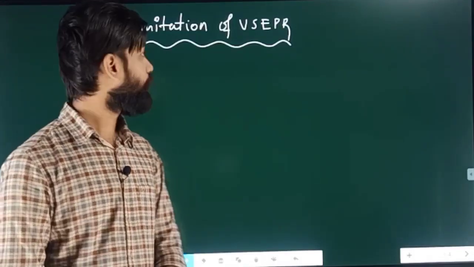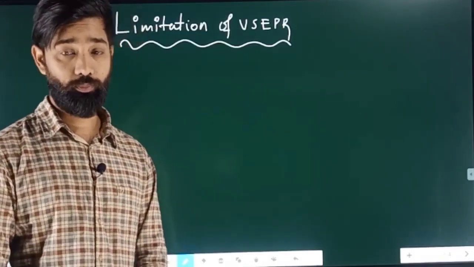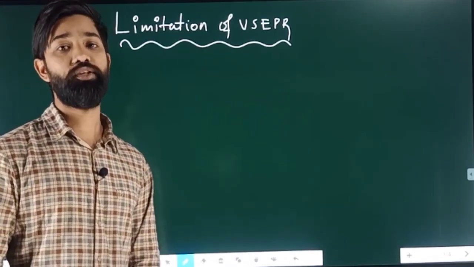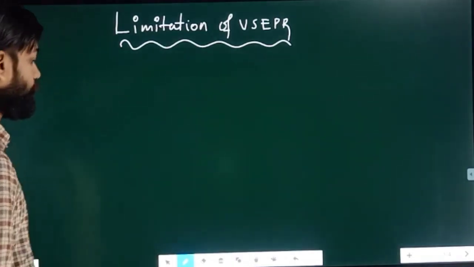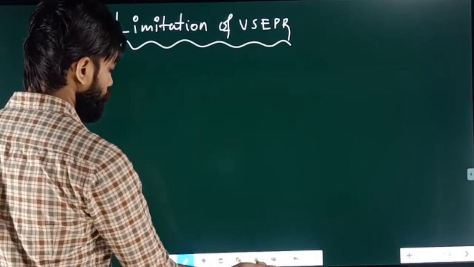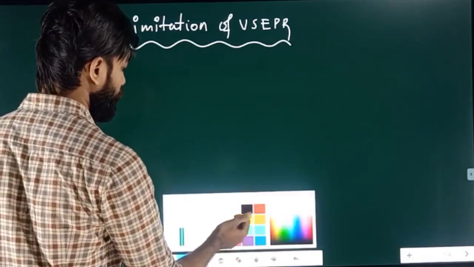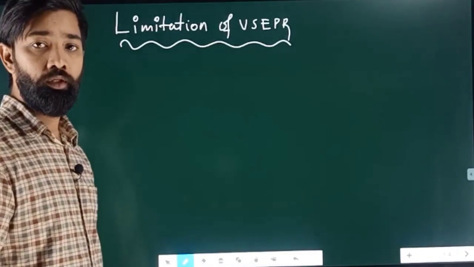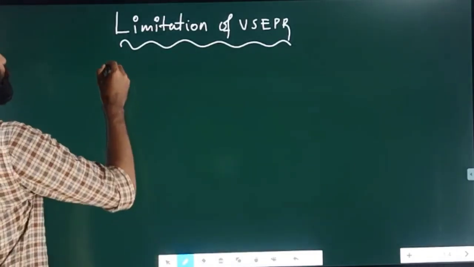Now we want to discuss the limitations of valence shell electron pair repulsion theory. In the last class we discussed the shape using VSEPR theory. Now the limitations of valence shell electron pair repulsion theory, which means VSEPR theory. The first limitation is